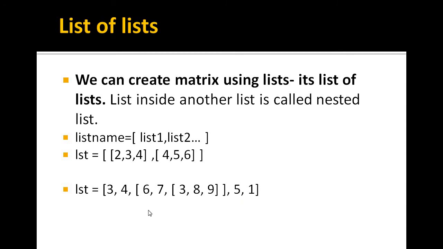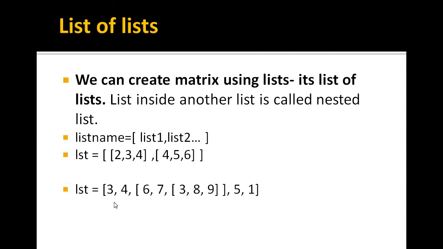So far you have read how to access a value of a list. It is done by writing the list name, square bracket, and the index in that square bracket. You can access any of the values. For example, if you want to access the first value, you simply write the list name and 0 as the index. It gives you the first value. For the nth value, you just write the list name in square brackets, n minus 1.